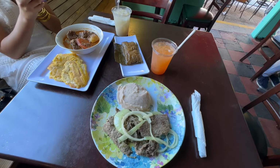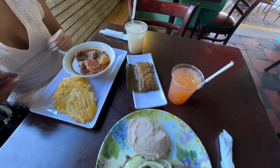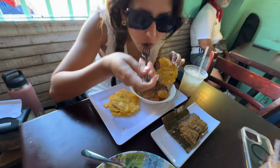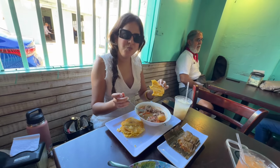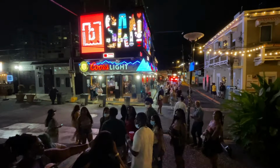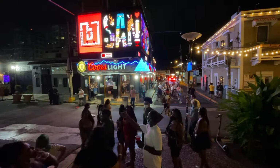If you're looking for a sure place to get some delicious and flavorful Puerto Rican dishes like these, you cannot miss the opportunity to stop by La Alcapurria Quema. After eating this delicious meal at La Alcapurria Quema, you decided to stay in La Placita to hang out and enjoy the local nightlife. But when it's time to head back home, you'll want to satisfy those late night munchies